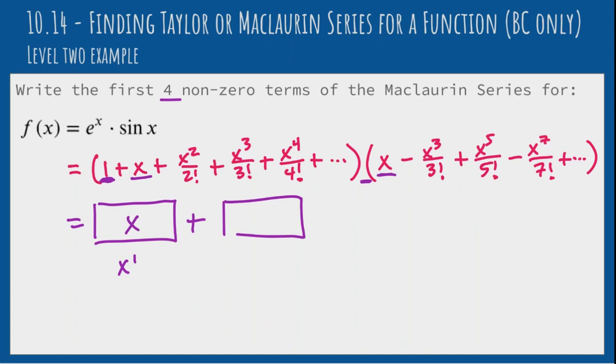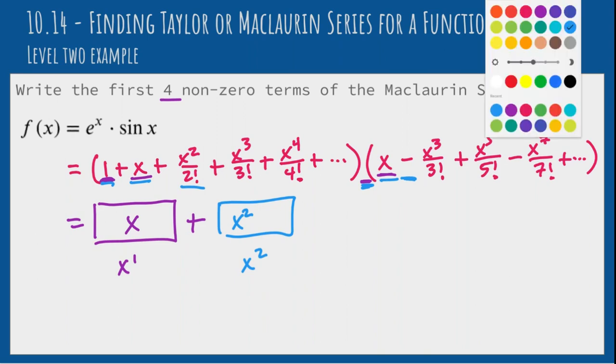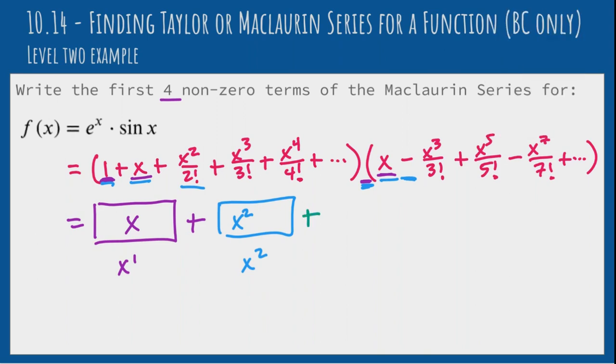So then we're going to do an x squared term. So for x squared, we could do x to the 0 times x squared, but there's no x squared term there. We could do x to the first times x to the first, so x times x is x squared. We could also do x squared times x to the 0, but we don't have an x to the 0 term there. So moving on, if we want an x cubed term,